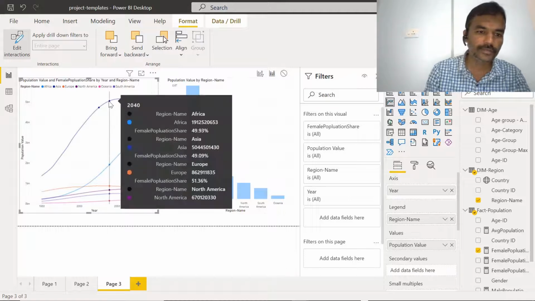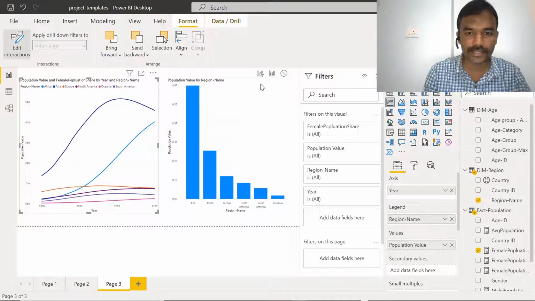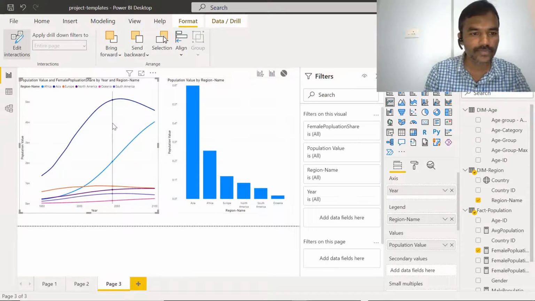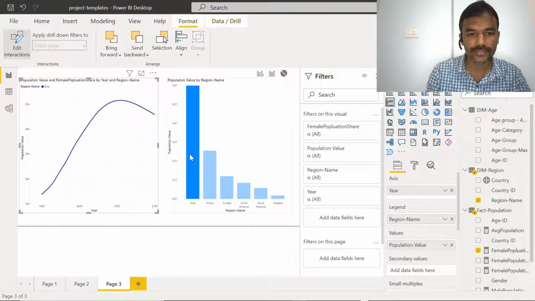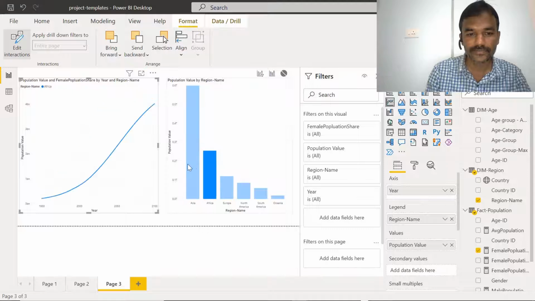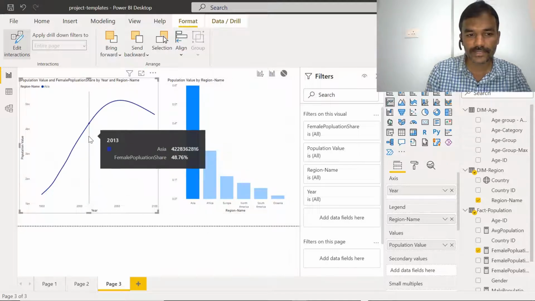However, when we do not select the highlight option, say I select none and go back and click on this, you can see it doesn't work because it is not applicable now. Whenever I click on this particular one, it is getting changed, but it is not getting highlighted.